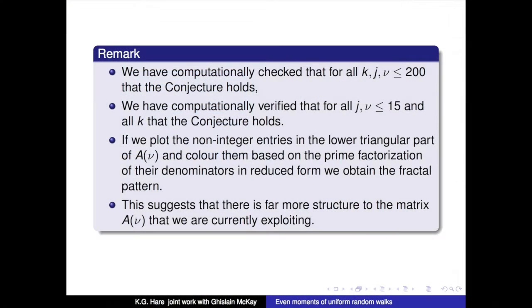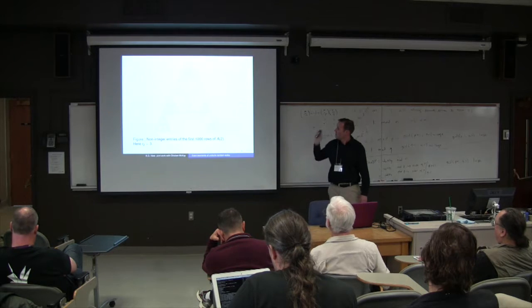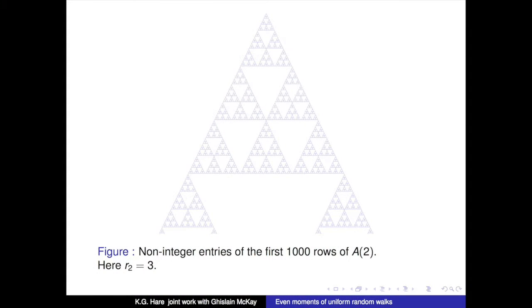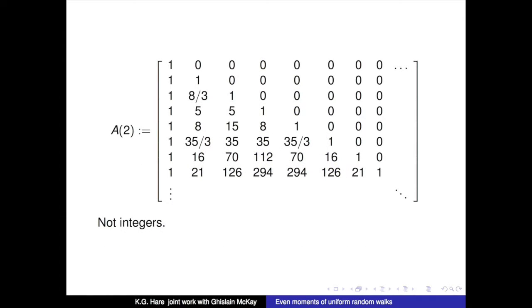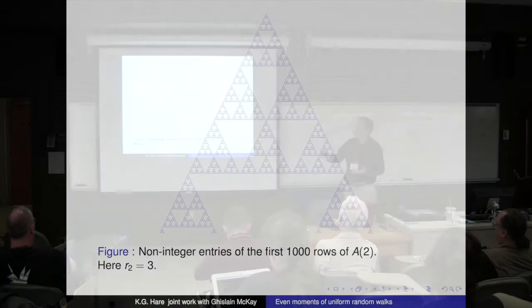This part here is the part I was talking about, in that there's a lot more structure going on that we really haven't explained or in any way exploited. I drew a matrix. It's not clear what it's a matrix of, but this is the matrix A2, way back here. Anytime I saw 1 over 3, I put a point in there, and anywhere it was an integer, I just left it alone. So only 3's are showing up in the denominator.